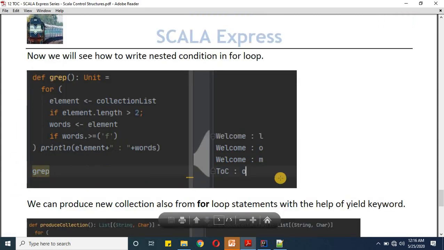We just need to call grep and it will get us this outcome, which is "welcome". Welcome was this string. Actually, it is the element which I was talking about earlier here. Since L comes after F, it will be here: L, and then O, and then M. So these three characters we are getting out of the welcome string, and then we are getting O again from the TOC